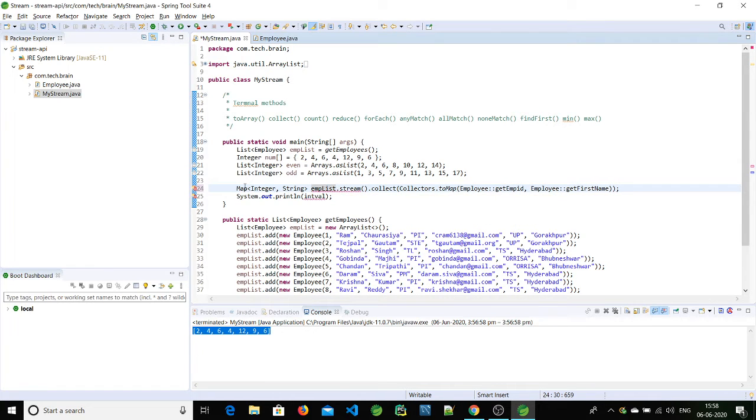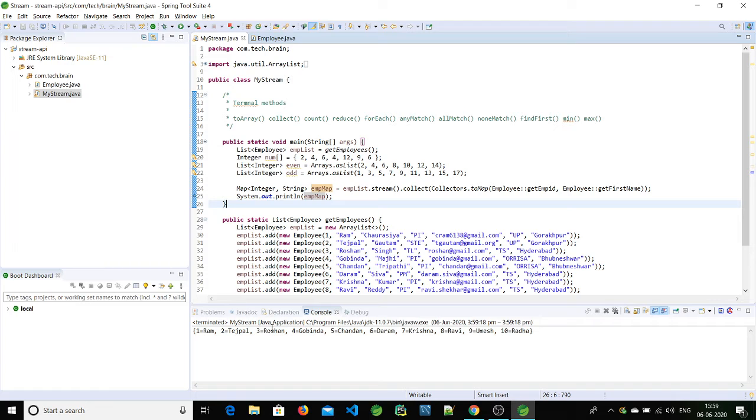and here empMap. So now it will return an employee map, for which the key is the employee id and the value is the first name. Let's print this. Let's see how it is converting, how it is giving. So let's save it and let's run.